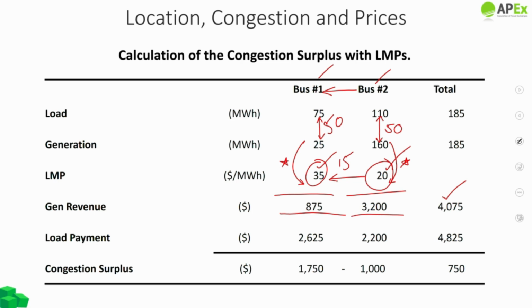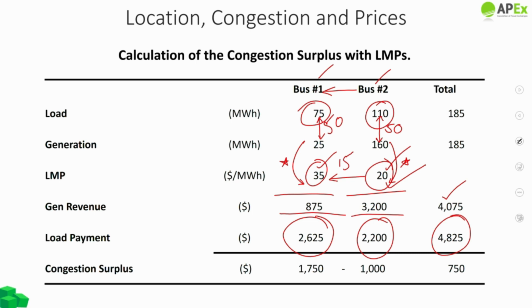Now the payments by the load. At bus 1, the load has consumed 75 megawatt hours, which will pay at $35 per megawatt hour. So the total payment made would be $2625. While at bus 2, the load has consumed 110 megawatt hours. It will pay at $20 per megawatt hour, making a total payment of $2200, resulting in a net payment of